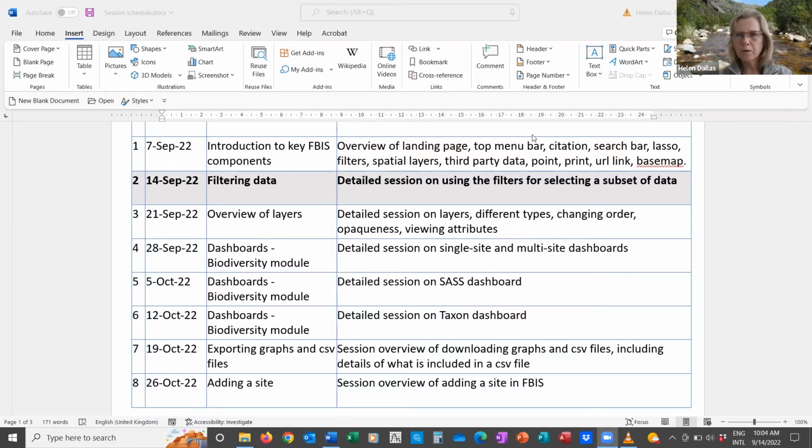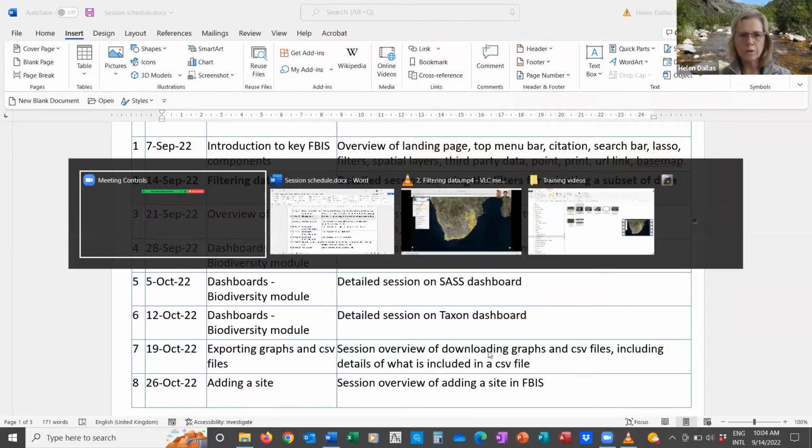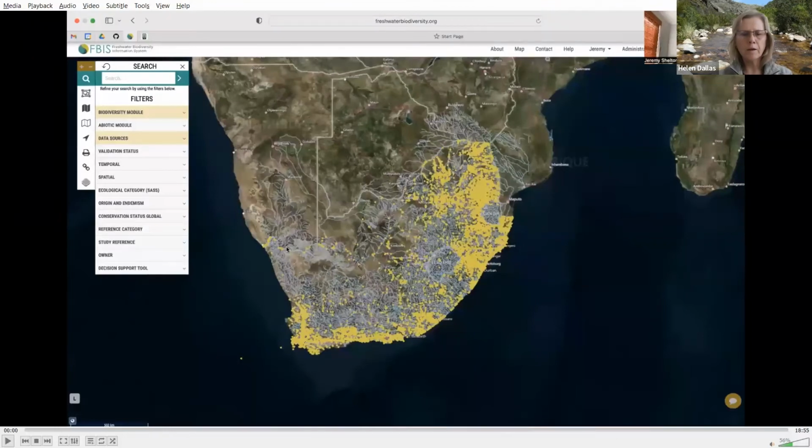Okay, so I think then what I'm going to do is just switch over to the tutorial. As I say, it's on filtering the data, and hopefully that'll allow you all to get a good idea of